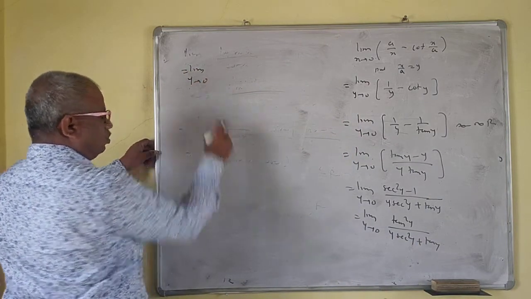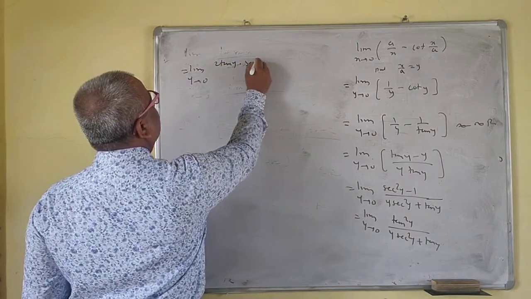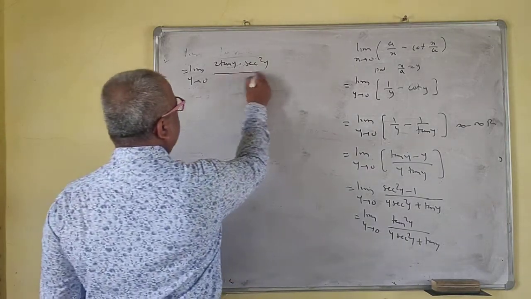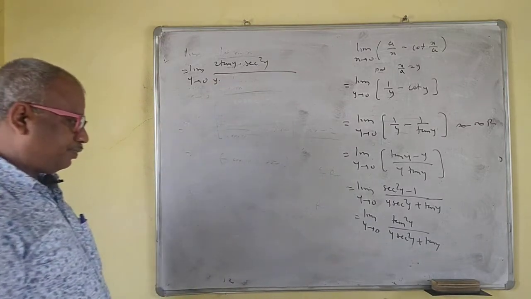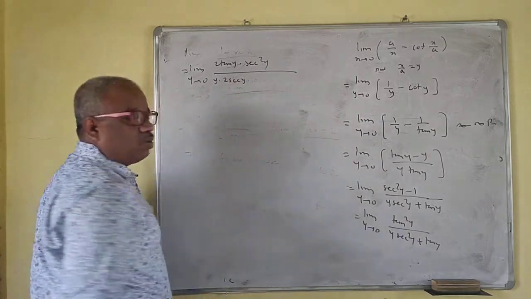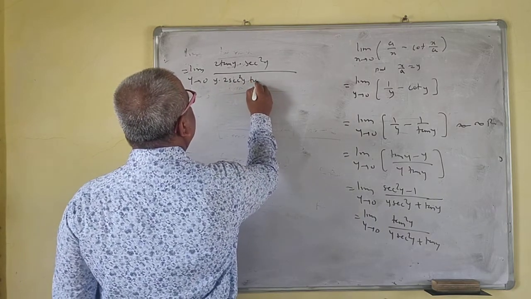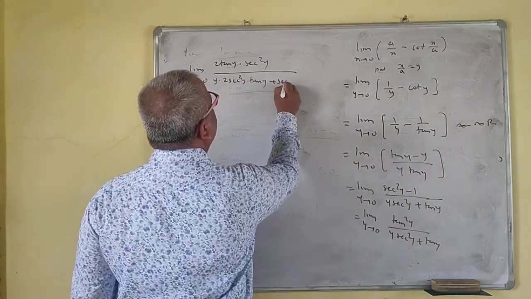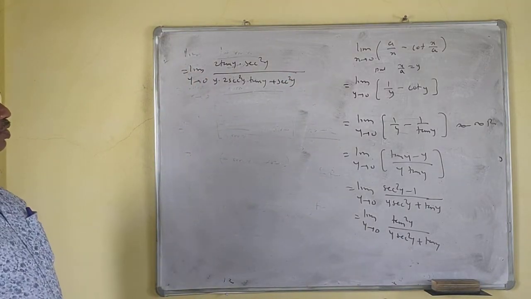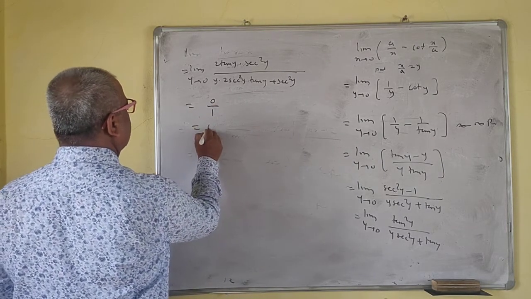Okay, now we'll differentiate this. Limit y tends to 0. So 2 tan y into sec square y. The derivative of tan square y is 2 tan y into sec square y, upon y will be as it is. 2 sec y into the derivative of sec y, so that is sec y tan y. So that means sec square y tan y plus sec square y plus sec square y. Now sec square y is not 0. So this is 0 upon 1. So this is 0.